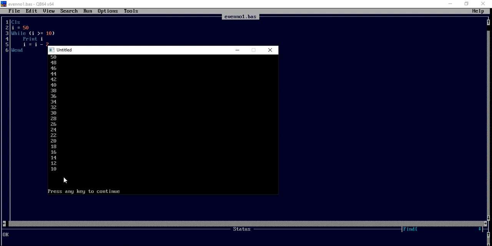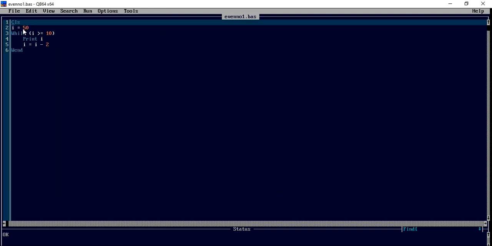So odd number or even number, the count will increment by 2. But if the series is in reverse, we have to follow the series. If we want to print the series in reverse then decrement, if we want to print the series normally then increment. But for odd and even, always assume plus 2. Now if the series is reverse, there it will become minus 2, only this. And we have to always follow the initialization value.